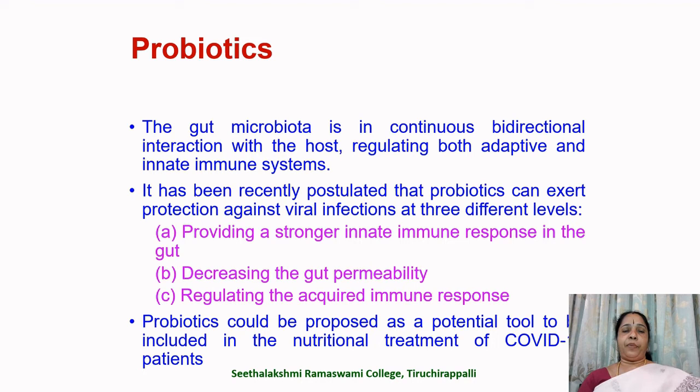Probiotics. The gut microbiota is in continuous bidirectional interaction with a host, regulating both adaptive and innate immune system. It has been recently postulated that probiotics can exert protection against viral infection at 3 different levels. That is, providing a stronger innate immune response in the gut, decreasing the gut permeability, regulating the acquired immune response. Probiotics could be proposed as a potential tool to be included in the nutritional treatment of COVID-19 patients that are